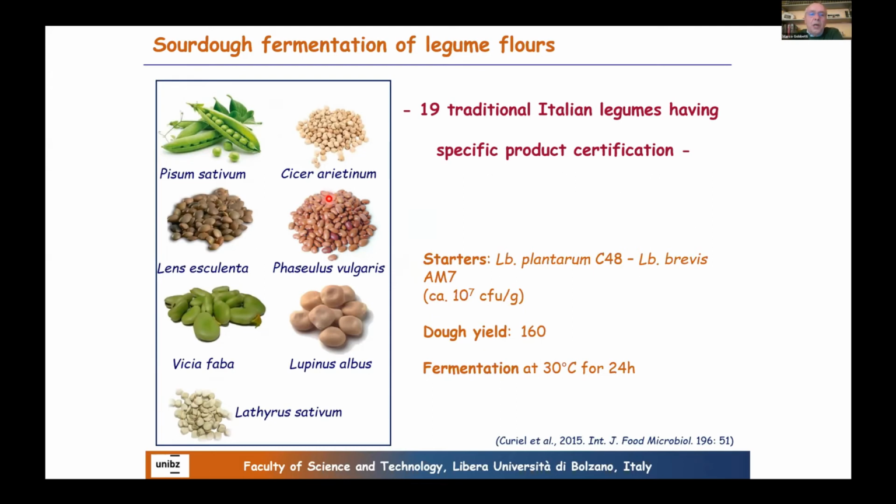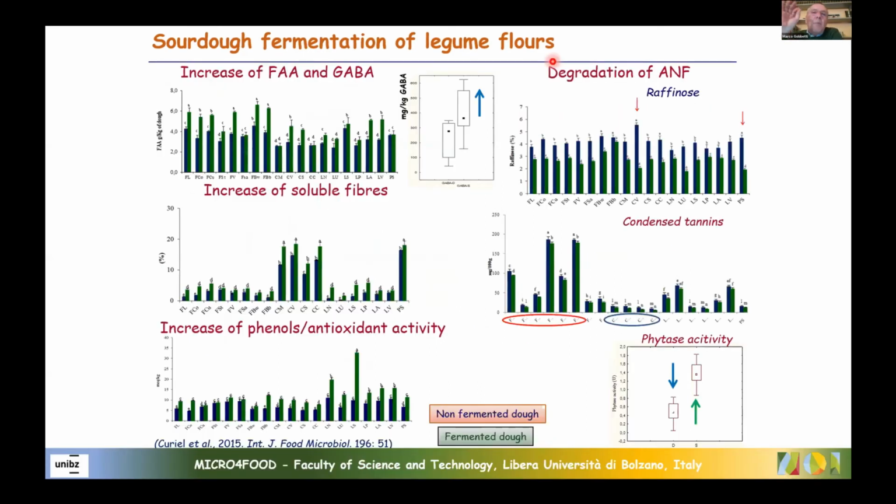And therefore, we treat these flours as we are currently doing with cereals. So we use the legumes to be fermented by sourdough fermentation. And what happened after sourdough fermentation? After sourdough fermentation of the legume flours, if you make a comparison with respect to non-fermented flour, what you can get through the fermentation,